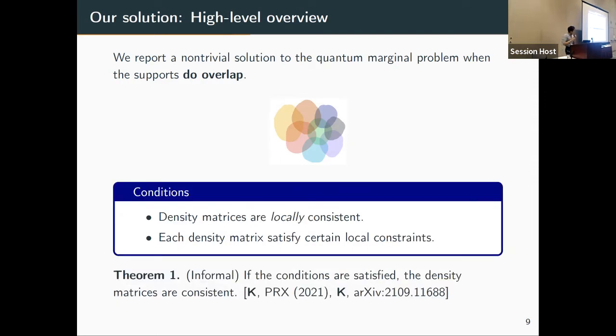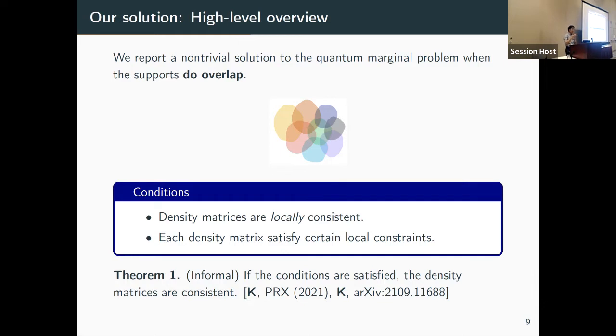And at the high level, the main statement looks like the following. There are some conditions. The first condition is trivial, so I'll just tell you. The first condition is that the density matrices should be locally consistent with each other. For instance, if you look at these circles, each of these circles represents the support of an individual density matrix. So you see this yellow one and this red one, and they overlap on some region. So if you take the reduced density matrix on this overlapping region, these local density matrices should give you